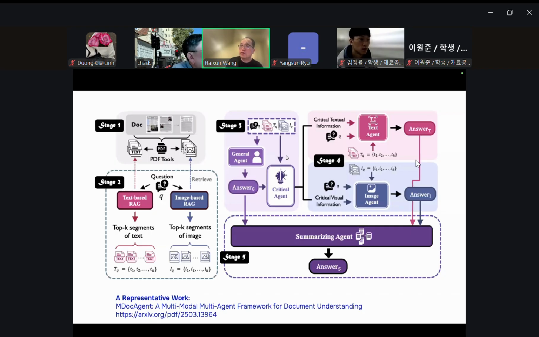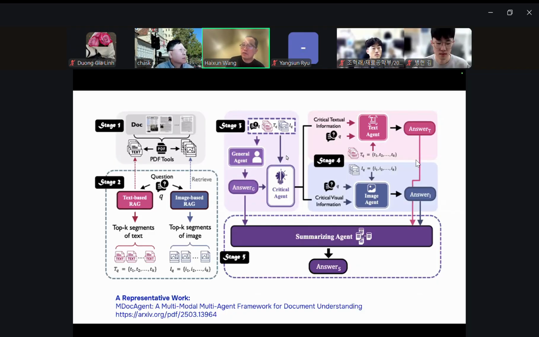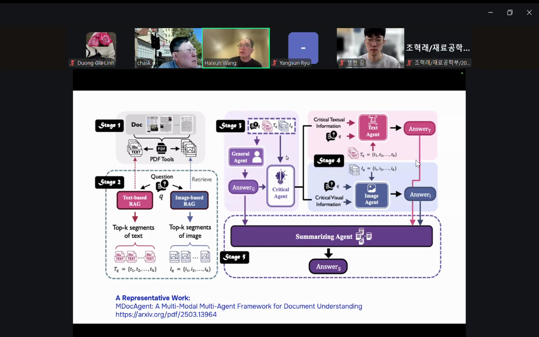But it does not stop there. It does not just give these answers back to the user and say that's the result. It goes through a more sophisticated step in stage 3. It looks at these top K results, and this large language model agent, called a critical agent, tries to ask some critical questions about the answer and the input.